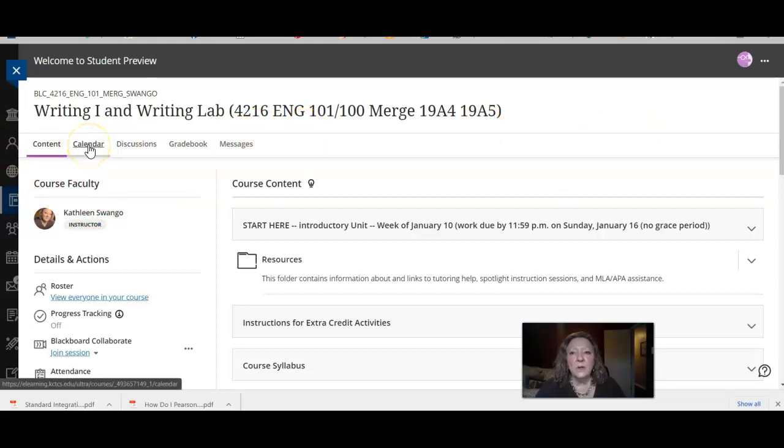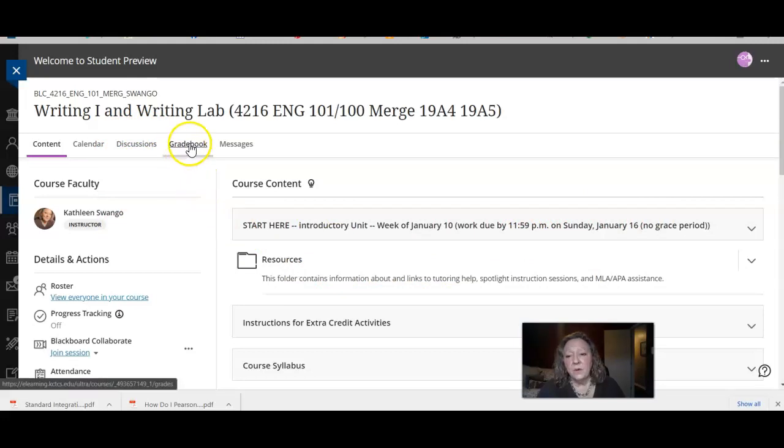The calendar will include only the Blackboard assignments. It won't show the deadlines for the Revel work. And so you'll just need to keep up with that by paying attention to the calendar and going into Pearson and then Revel to see the work. There's a link here to the discussion boards, but there's also a link in each of the folders as you